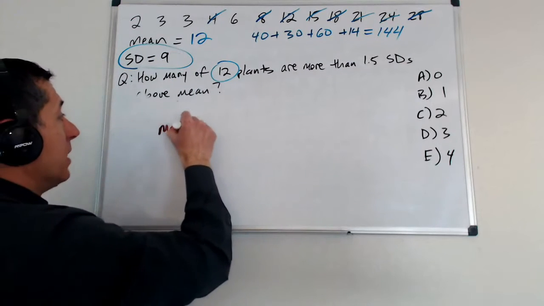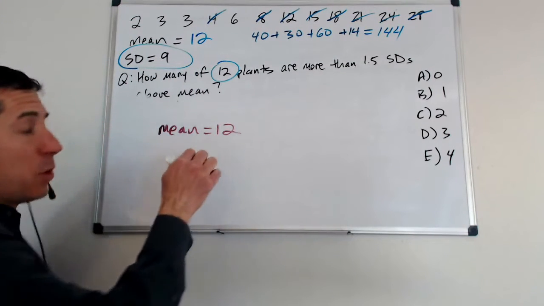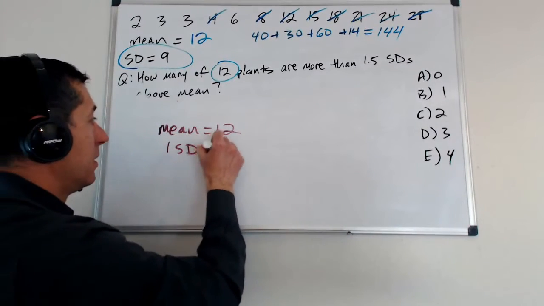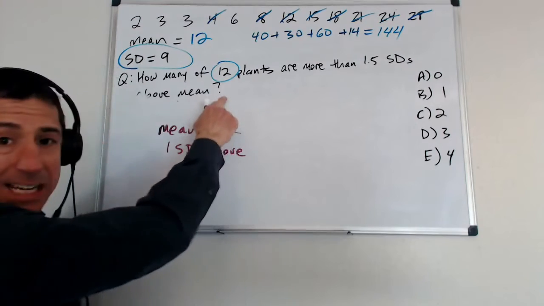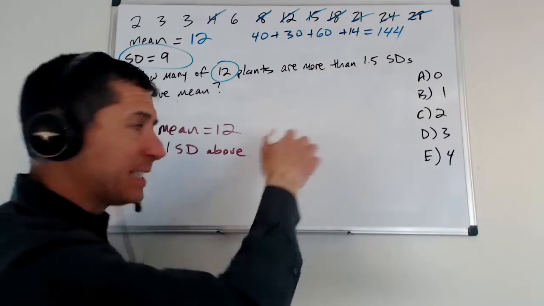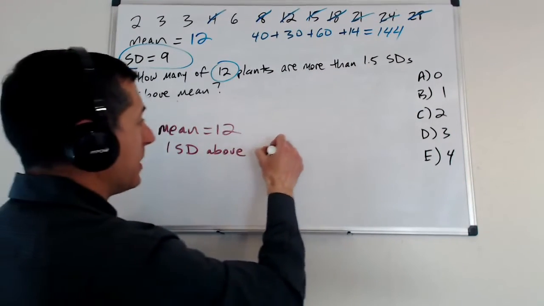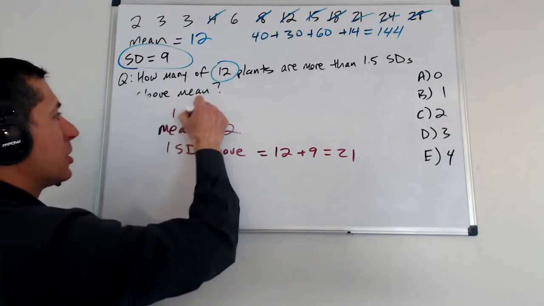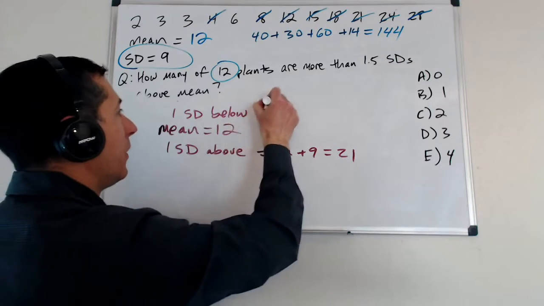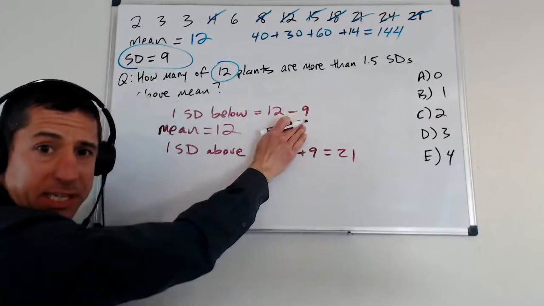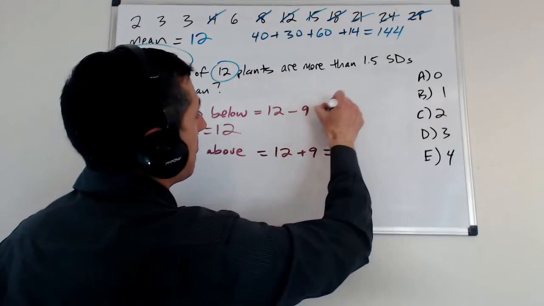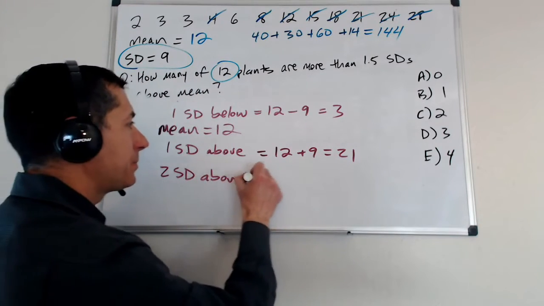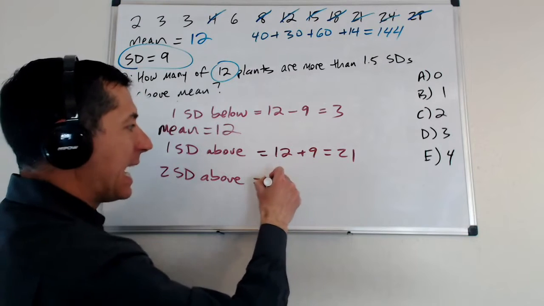So your mean is 12. What would it mean to be one standard deviation above the mean? Well, if a standard deviation is 9, so 9 grams of weight in these plants, one standard deviation above must be 12 plus 9, so 21. One standard deviation below, for example, would be 12 minus 9, since one standard deviation is 9 grams, and that's 3. Two standard deviations above, 12 plus 9 plus 9,